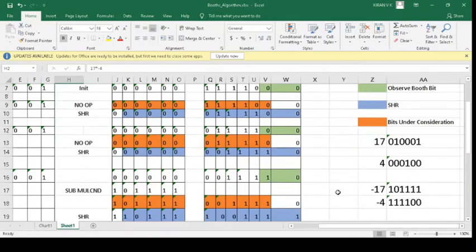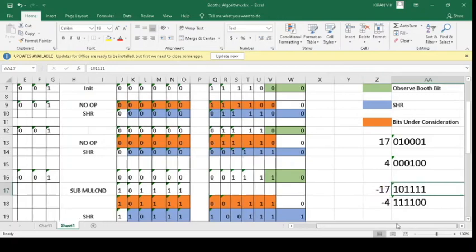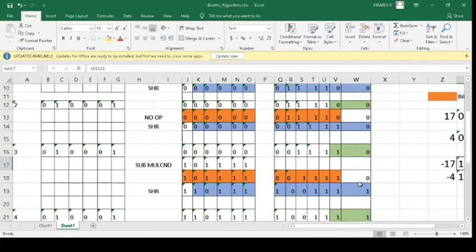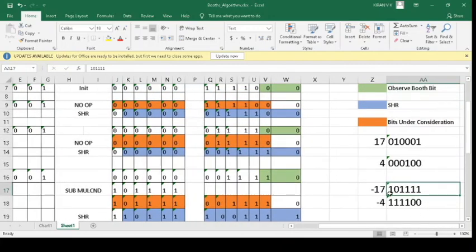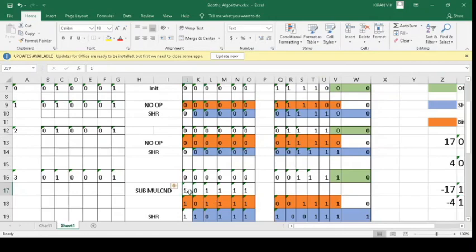What you can do is take the 2's complement representation of -17, which is incidentally the 2's complement representation of 17 here, and add it to the left side portion of the multiplier. See, this was your left hand side portion of the multiplier. So to that we will add the 2's complement form of 17, which is negative 17. So the result is this one. Note that the right hand side section is left unaltered.